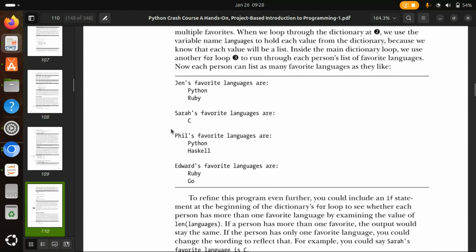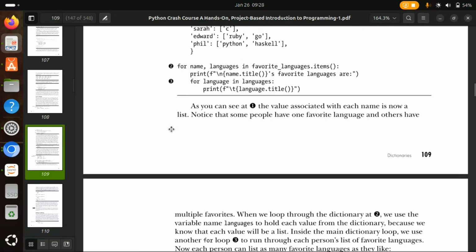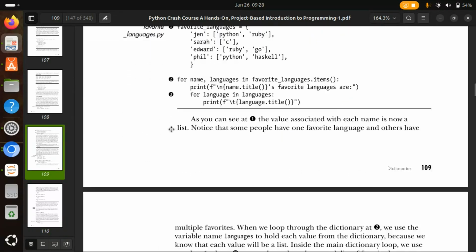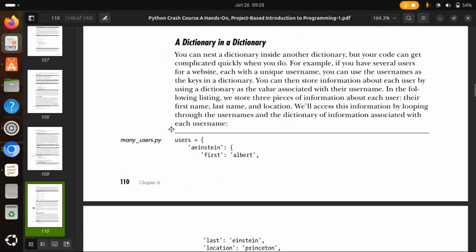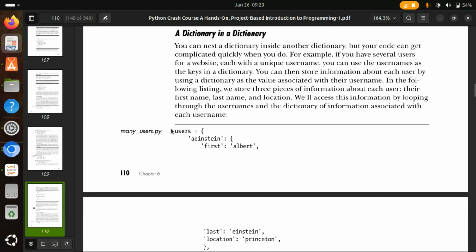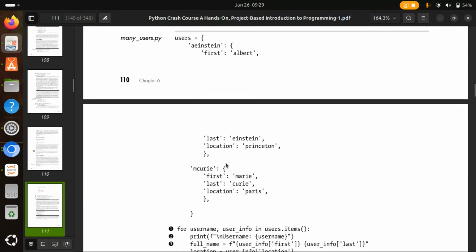Now, rounding up, we'll see the last use case. You can go through all of these examples and see what they've been able to do, and also see how you can code it alongside them. Now, to round up, we have a dictionary in a dictionary. When you have a dictionary inside of a dictionary, it's just a scenario where you have a dictionary inside of another dictionary. And look at the example they did here. I'm not sure if we need to go through this example, but here is a